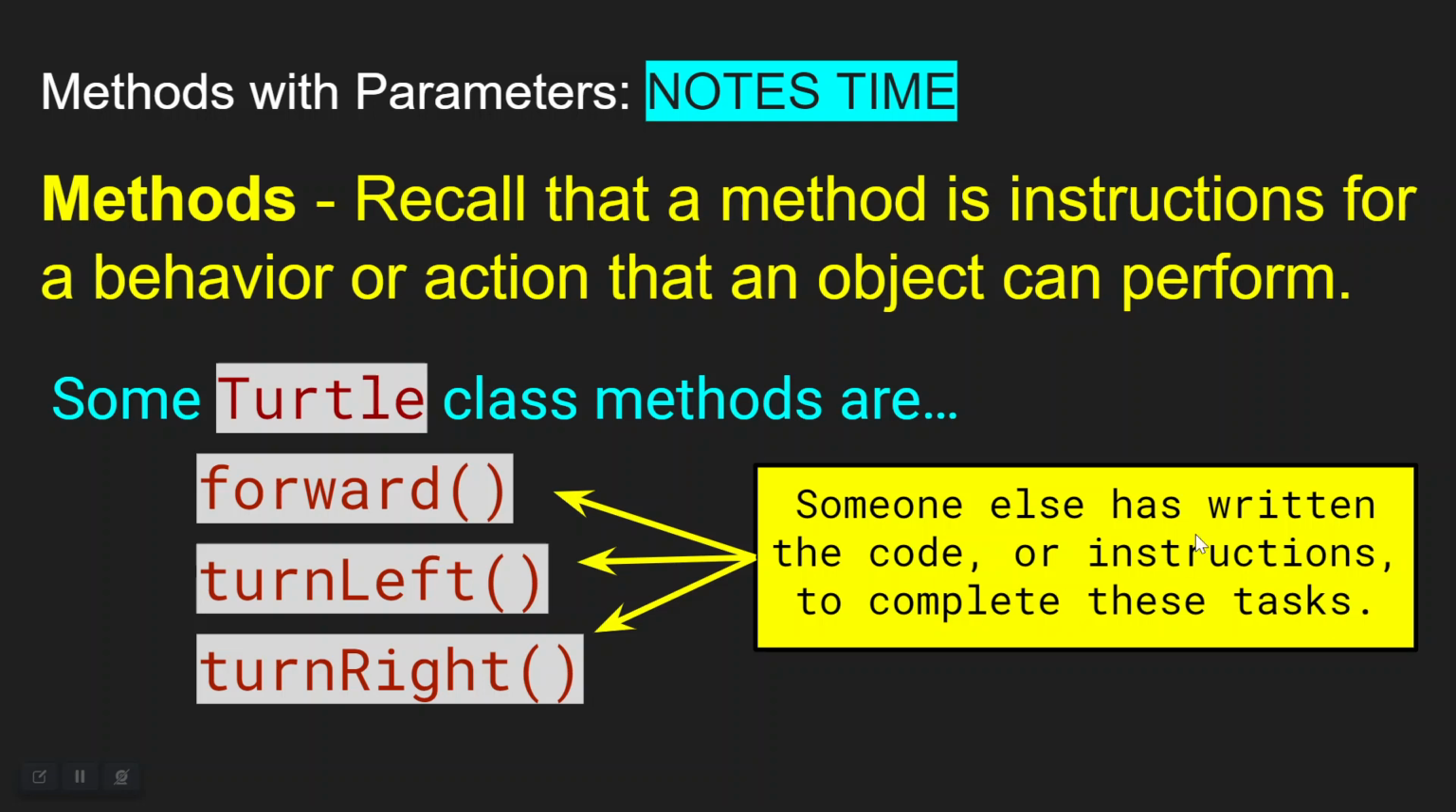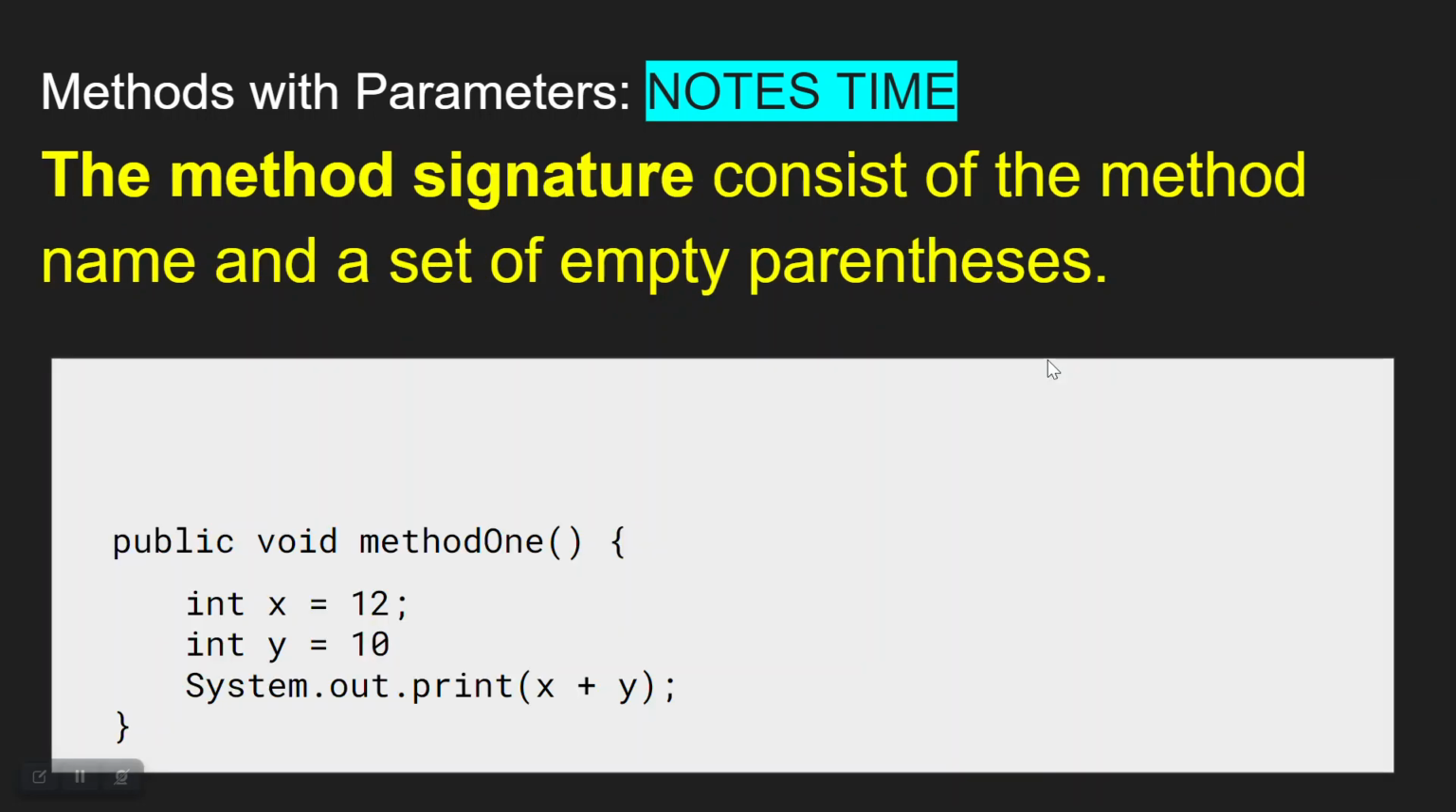So all of those instructions are abstracted from you. It's all a part of encapsulation in Java. So we don't really need to worry about all the code that makes it work. We just need to know that we need to create an object of the Turtle class and then call those methods. Now, remember too that a method signature consists of the method name and sometimes an empty set of parentheses